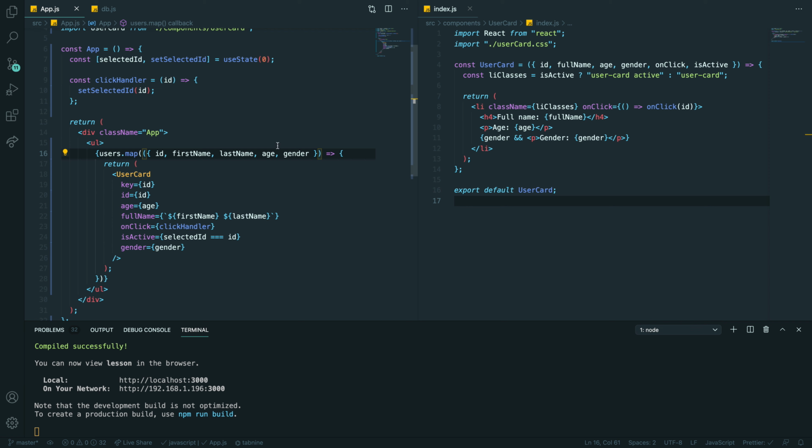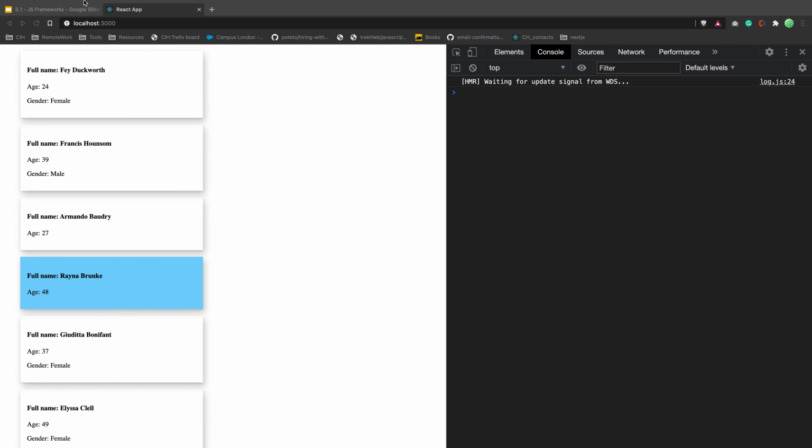Yeah, so I would say that props and state, those two are major concepts in React. So we will cover routing, because now everything is happening on 3000.